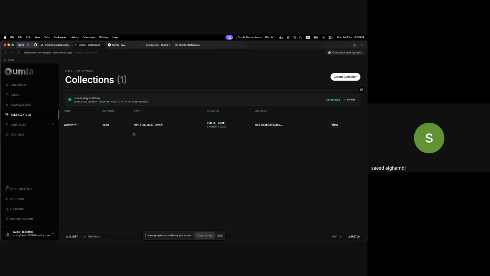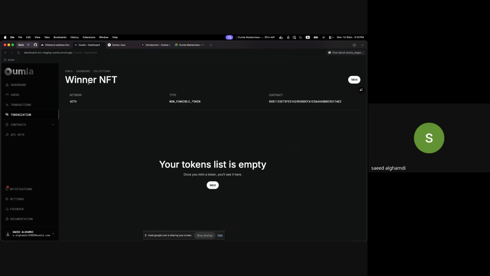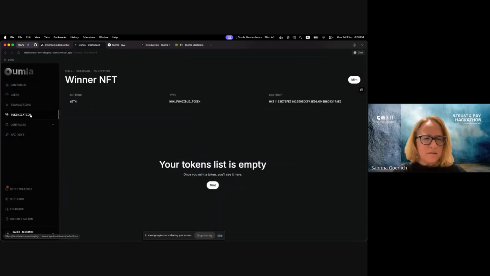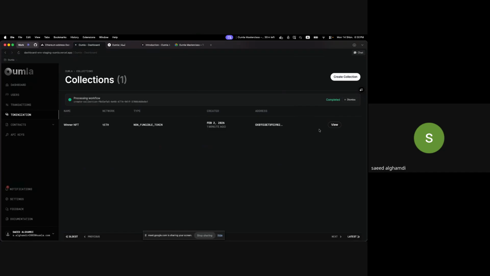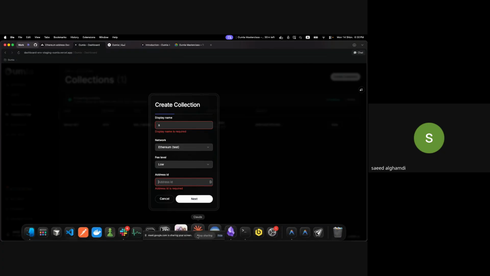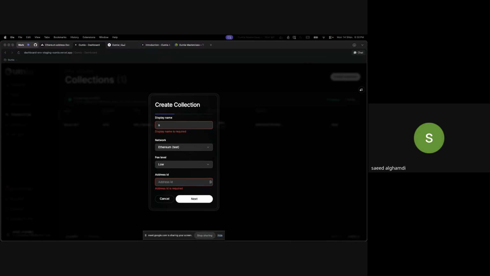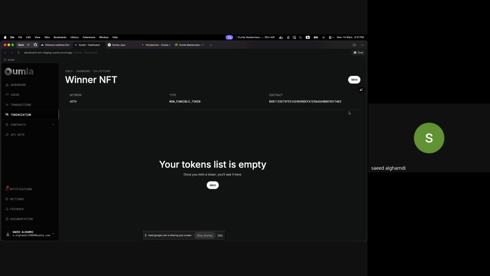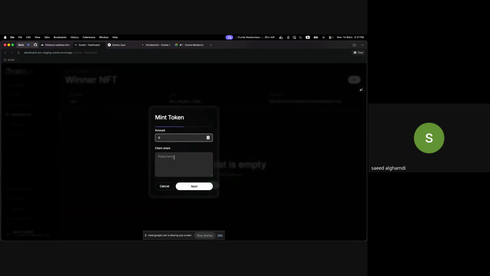Yeah, and this is the winner NFT that we created, so we can go into it. Just a question about this one: can we also attach an image to that? Yeah, actually, you have the metadata you can create. Sorry, it will be in the mints, here, for the metadata that you are asking about.